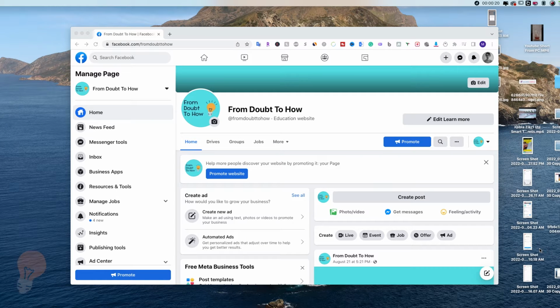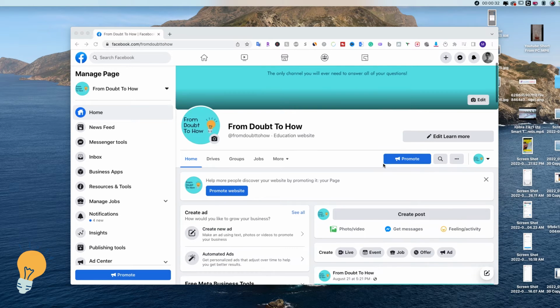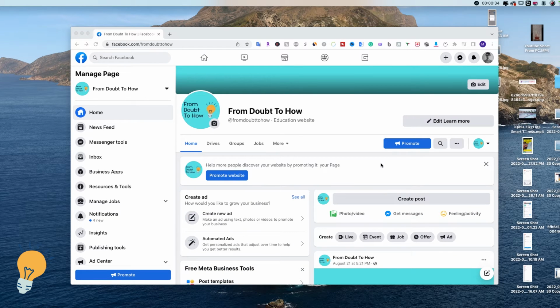So I'm gonna do this tutorial on Chrome, but it works exactly the same way on mobile device, both on iPhone or Android. So I'm gonna take as an example this Facebook page right here that I created for the YouTube channel. So in order to change our Facebook name, in our case from DAO to HOW, we need to